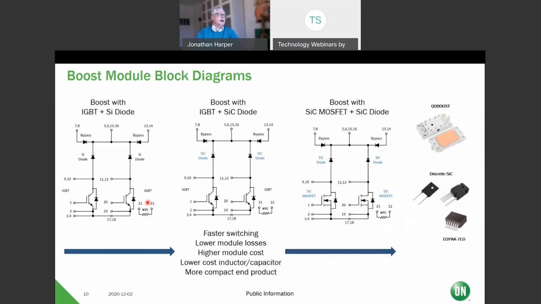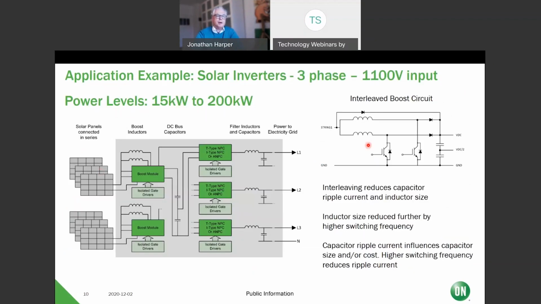Let's have a look at some comparisons. So how can you do that boost? This topology is set up for interleaved boost or 2 strings. People use both, I would say. So you can have an IGBT and a silicon diode and a bypass diode. The bypass diode is there for, well, one reason is to stop this inductor going over